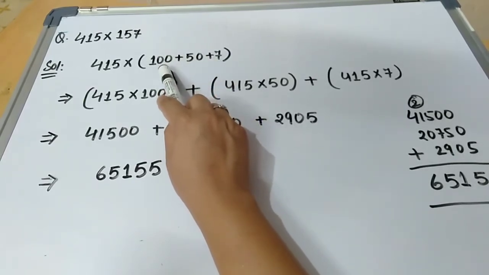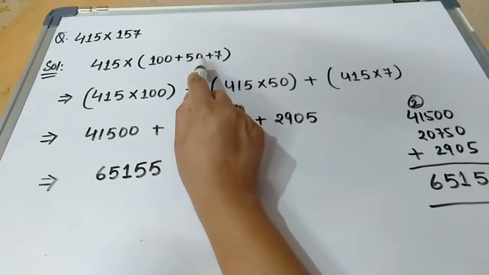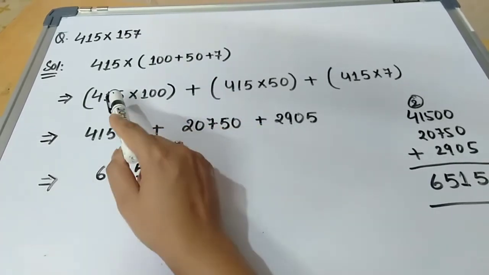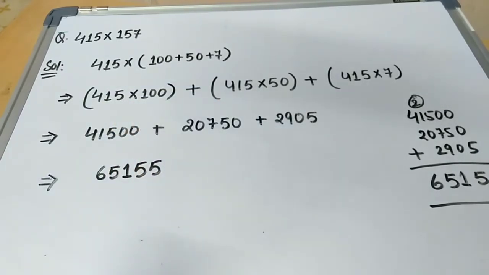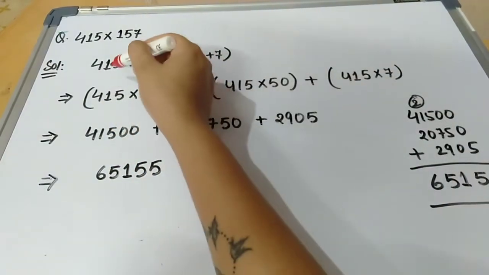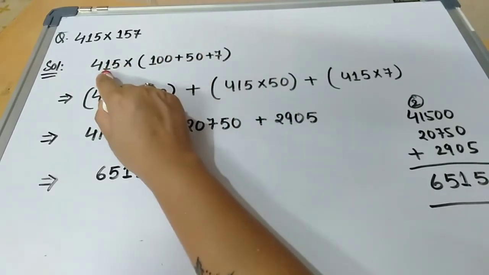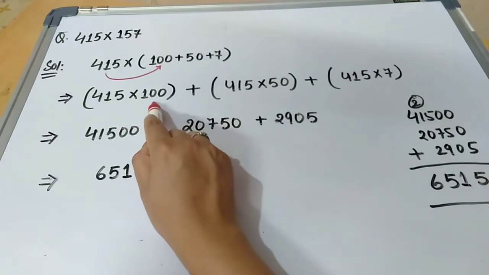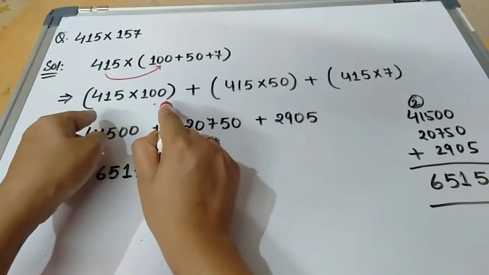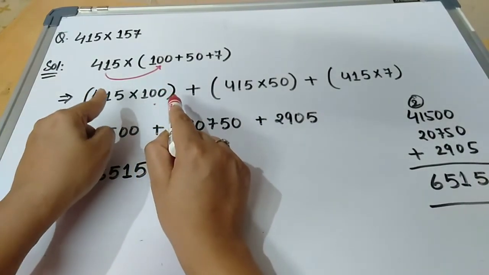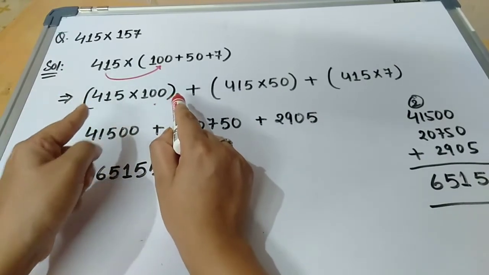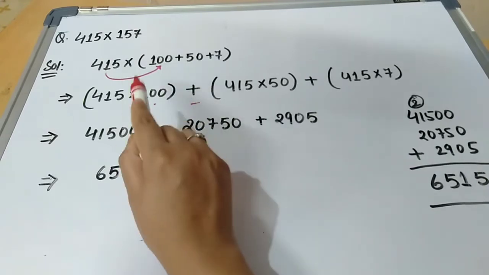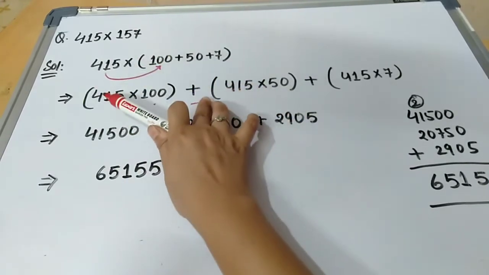We have studied how to multiply by 100 or how to multiply by 10 and its multiples. So it will be easy for you to multiply. Now start multiplying. First, as per the distributive property, we have split the number and written it. So this number will be multiplied by 100 first, and close in brackets. Don't forget to enclose in brackets, otherwise you will get confused. Now since there is a plus sign, you will put plus signs. Don't forget to put the plus sign over here.